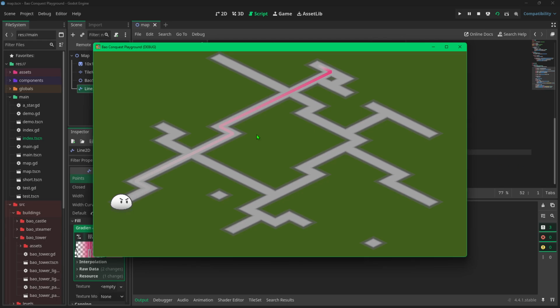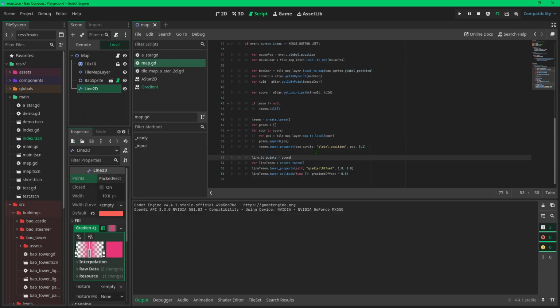Right. Now the line animation does not follow the sprite's moving path. So we can set the speed to follow our sprite's moving speed. Go back here and we can see our sprite is moving from one coordinate to another coordinate in 0.1 second.